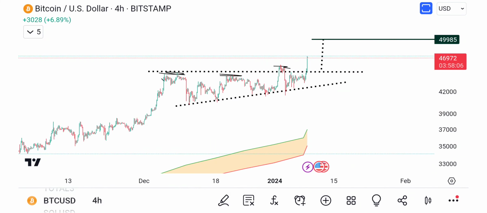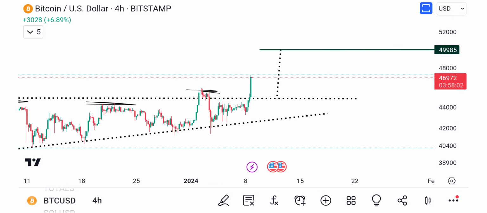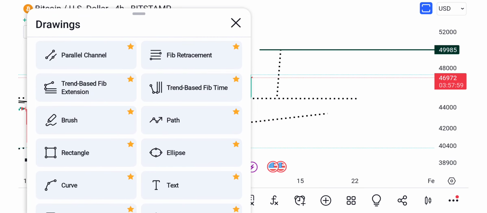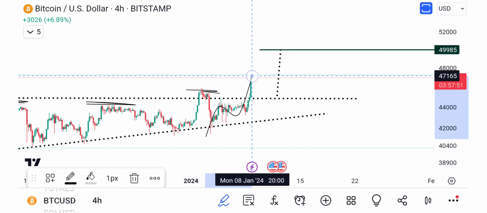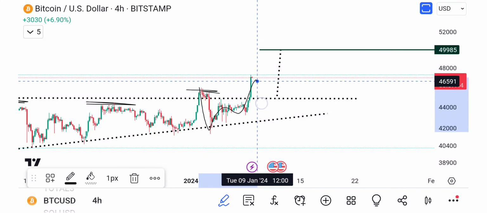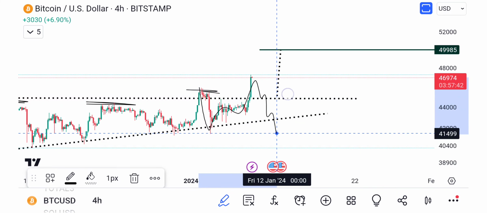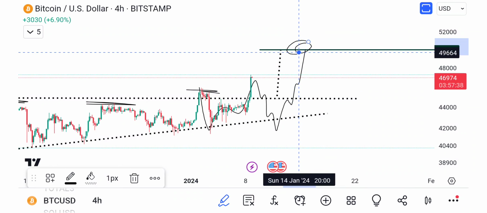But essentially, we have 3 waves so far, right? So now here's where the complexity gets down. Is this an A, B, C that took out the top? Is this another flat, right? A, B, and then we come down for C, and then bam, another shoot. That is one of the ideas here.